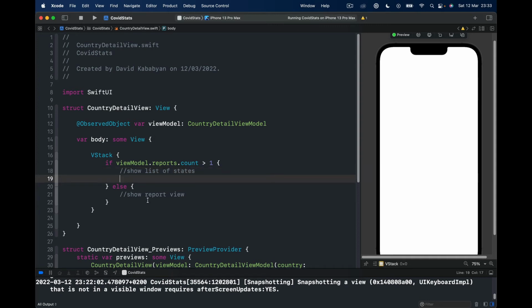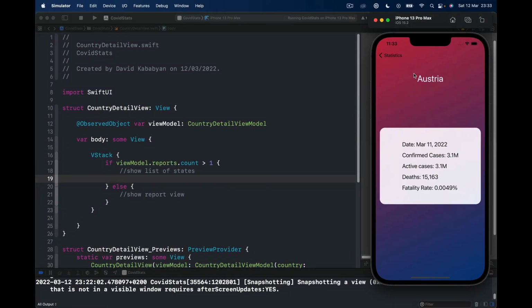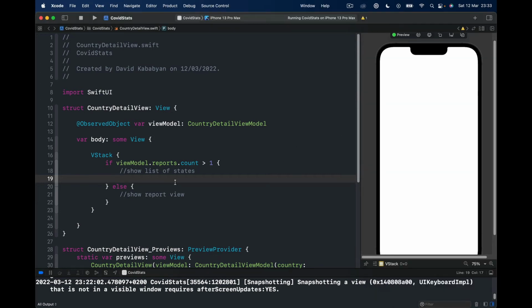All right. For the states, it's more or less easier. We just do the list, but for report view, which is whatever you see on the screen now, we need to create a separate view that we will be able to reuse even when we are on the lists as well. So let's do the list,